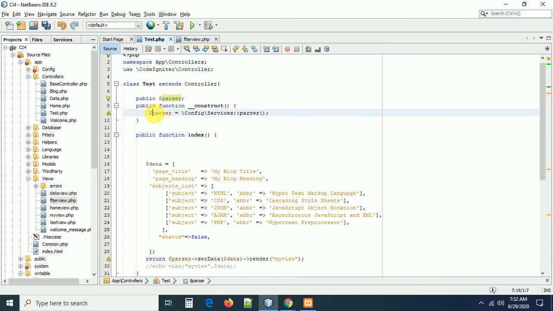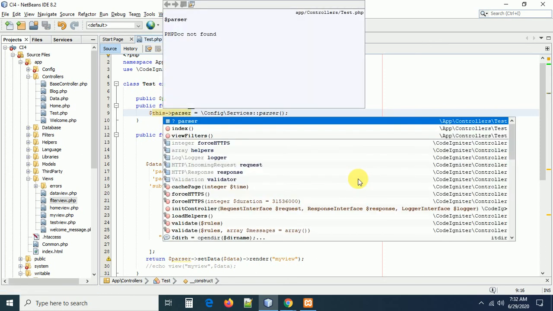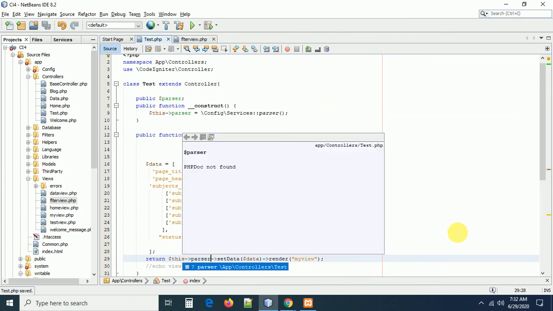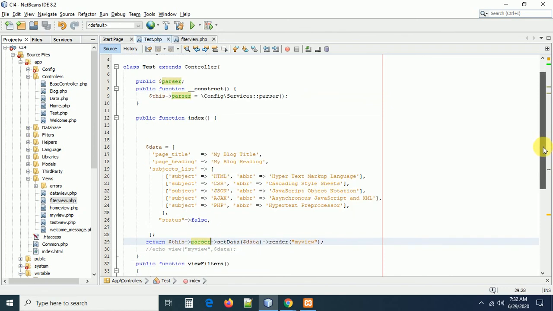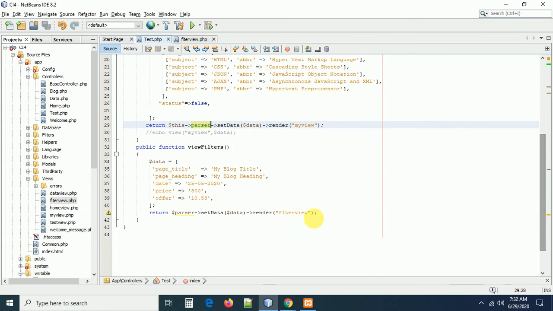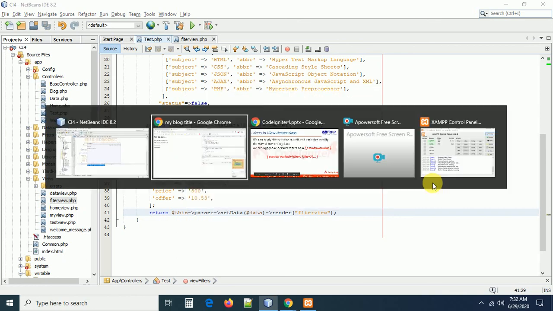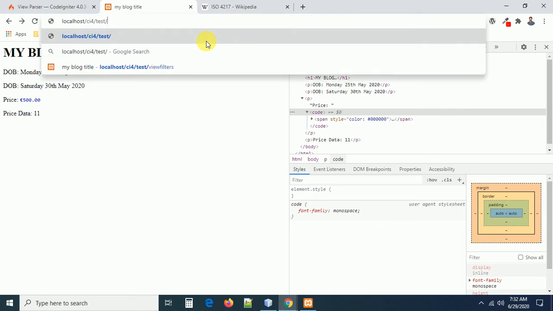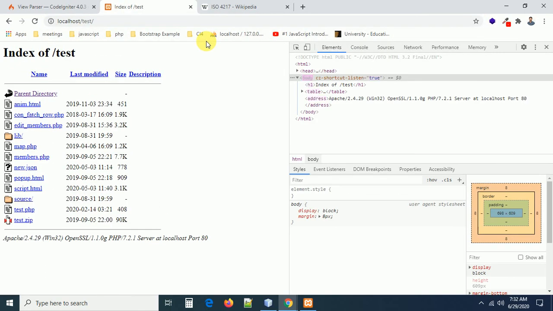How can we access the variable inside a function? By using the this keyword, this of parser. Now this of parser is going to be available in each and every method of your controller. Wherever you have the parser object you are using, just go and use this of parser. This is called reusability. Sometimes we may need to use some libraries one or more times, so we can go like this, guys. Now we don't need to recreate it, and you can just refresh the page and get the output. You can go to the index method of it also, we can see the output, guys, without any problem. Sorry, just go to test of index, right?